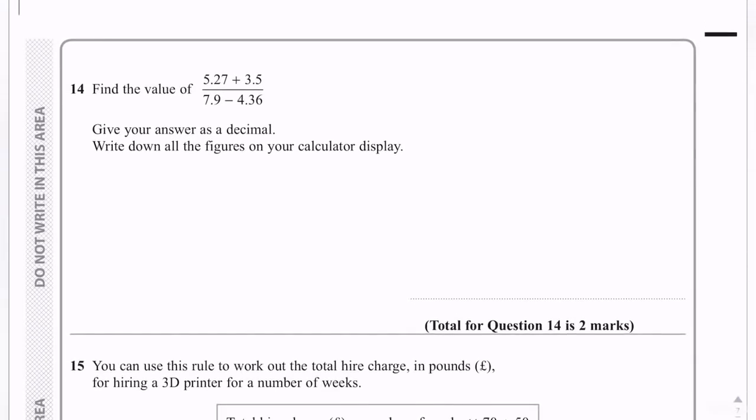Finding the value of this on your calculator, always just work out the top first and write it down. So 5.27 plus 3.5. On the top there, that gives us 8.77. And on the bottom there, we've got 7.9, take away 4.36. And on the bottom there, that gives us 3.54. Okay, so obviously this line means divide, so 8.77 divided by that gives us a final answer here of